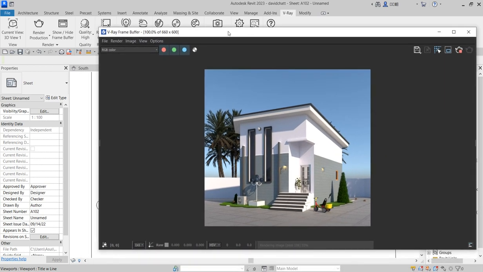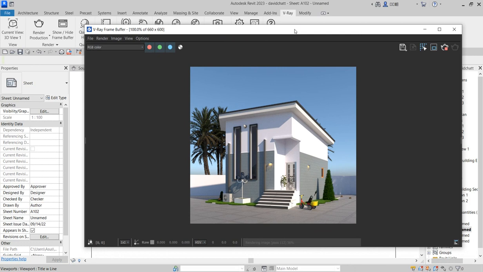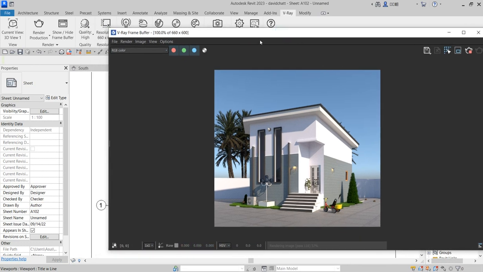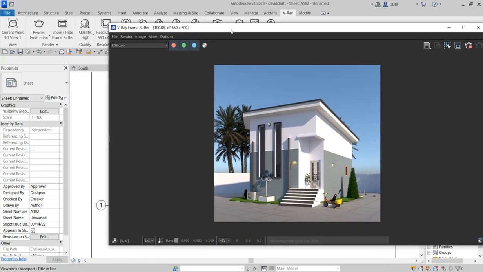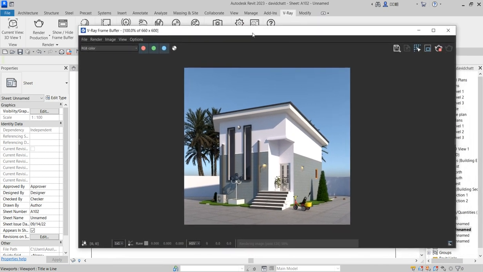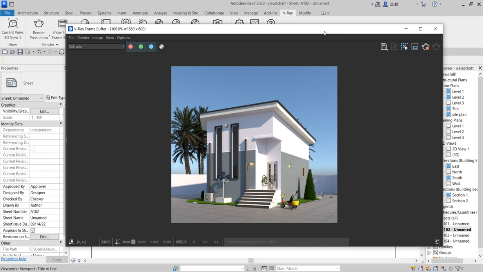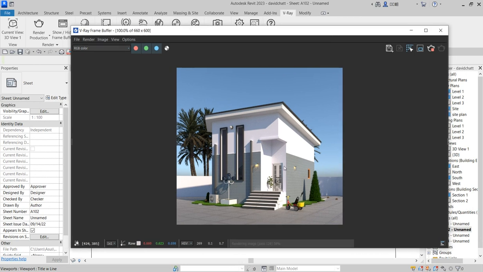Fury is one of the best rendering engines that everybody, especially if you are going to do interiors, can use. The predefined elements and everything will look tight and look real. So we're going to take you on that. All this material setting, material application to everything, we are going to do that. So take your time. This is how Fury will render for you. Before it completes the rendering, you see how detailed and how beautiful the rendering has been. So that is how Fury